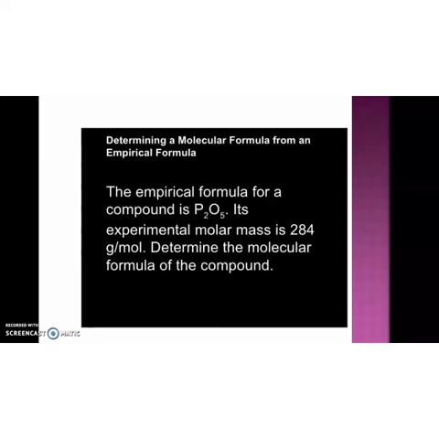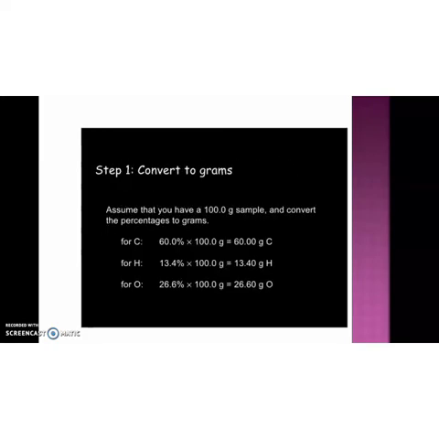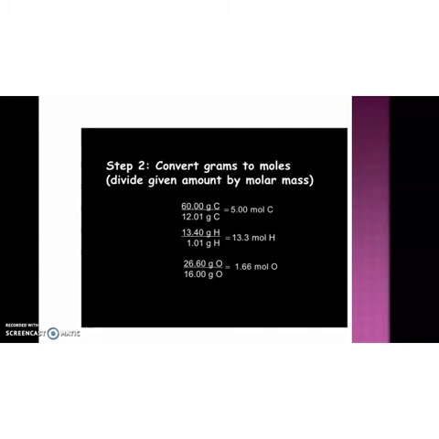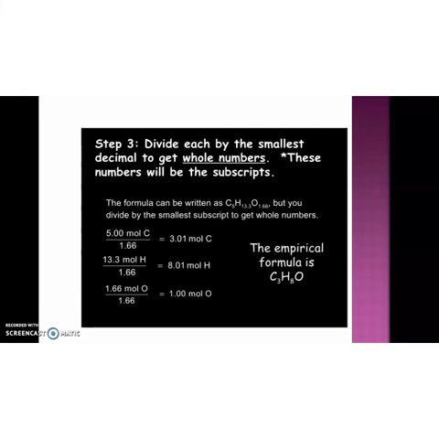Once again, I will repeat. First, you convert the percentage composition into gram by assuming the sample as 100 grams. So, multiply the percentage composition given by 100. Second step is convert the gram to mole. How to convert? The gram divided by atomic mass gives the mole. Third step is divide by the smallest whole number.